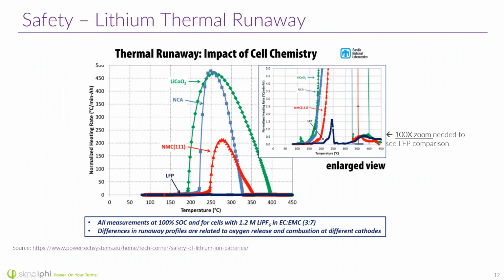Sorry, there it jumped. So just looking at thermal runaway and impact on cell chemistry as far as temperature goes. I know it's a bit messy here, but we can follow this chart and actually see the temperature and the heating rate. And that's really done by temperature over minutes per amp hour, or minutes and amp hours. So really kind of temperature over energy. And looking at this chart, we can follow the different